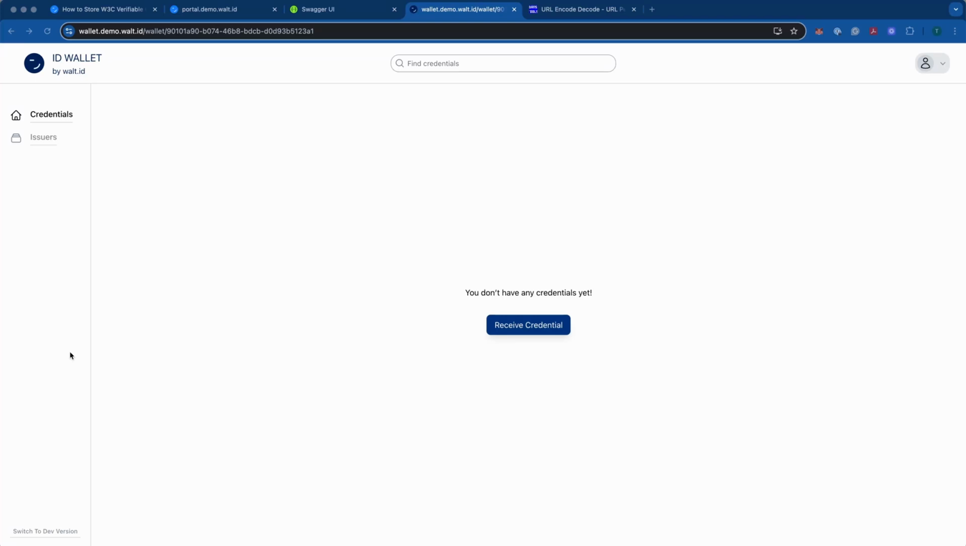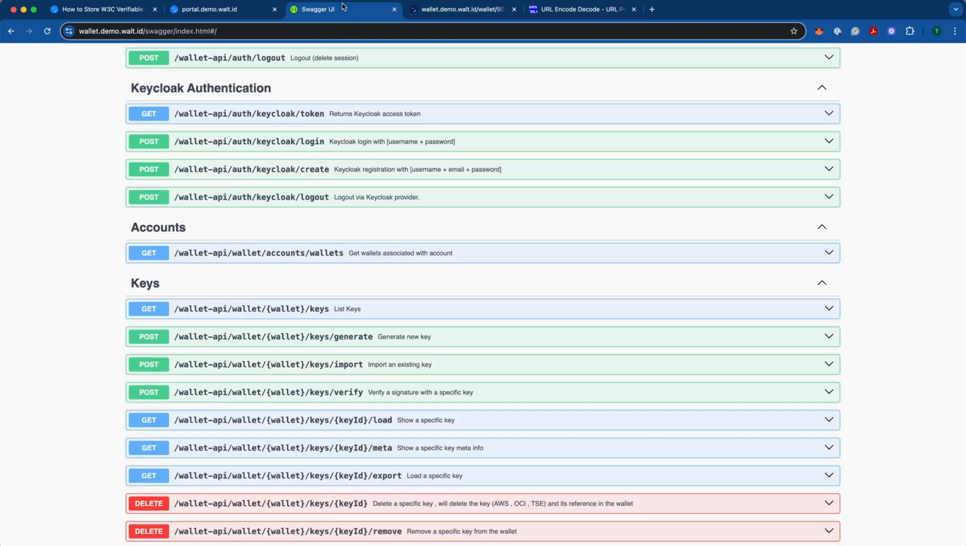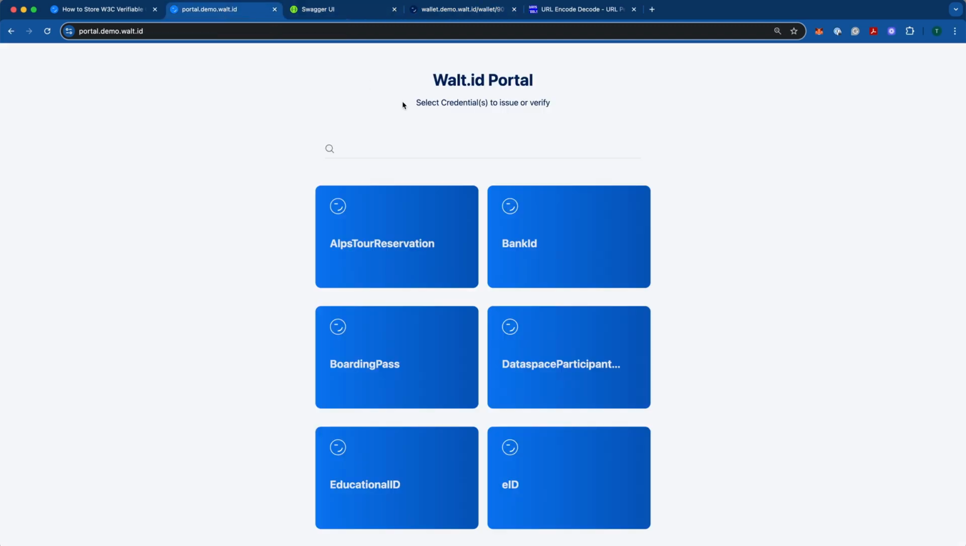In this video, we will take a look at how we can receive an SD-JWT VC IETF credential using the walt.id wallet API. Now, here on the screen, we can see the ID wallet, which is the front end, which is powered by the wallet API, which we will be using mainly. To issue the credential, we will be using the walt.id portal, which is powered in the background by the walt.id